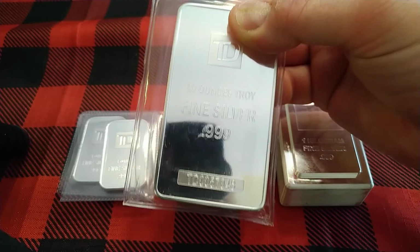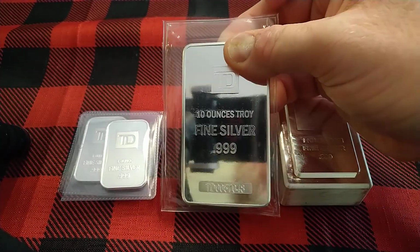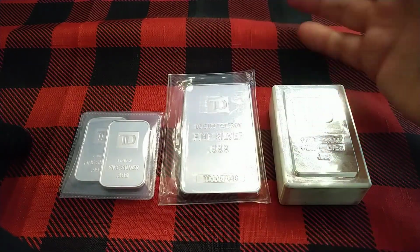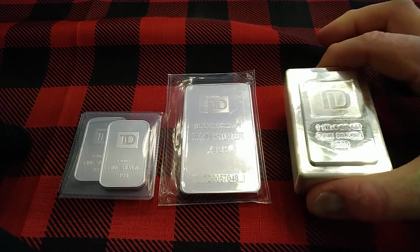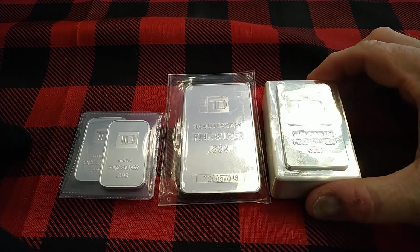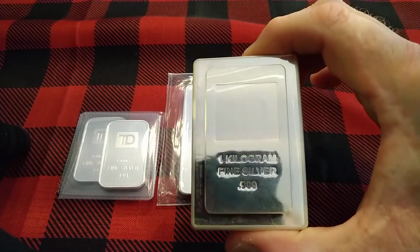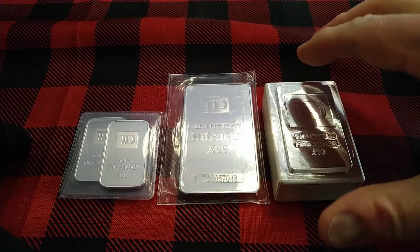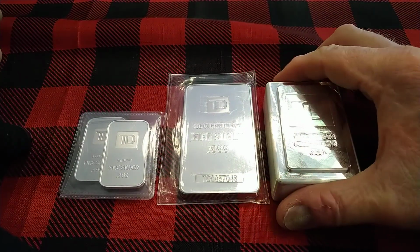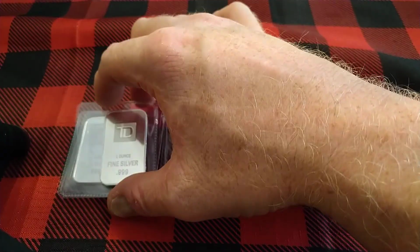And this looks pretty nice too. It looks nice. It's nice and shiny. But there's nothing fancy about it. Silver, it's silver. And again, when I say silver is silver, silver is silver whether you're in Canada, the U.S., China, Russia, India, Australia, Japan, wherever you are. And it's just one of those precious metals that can be used when times are good and times are bad, okay? If you have to trade,